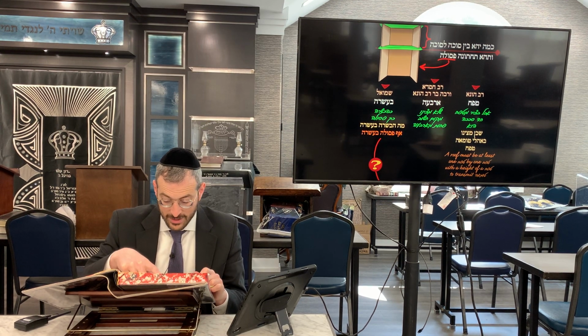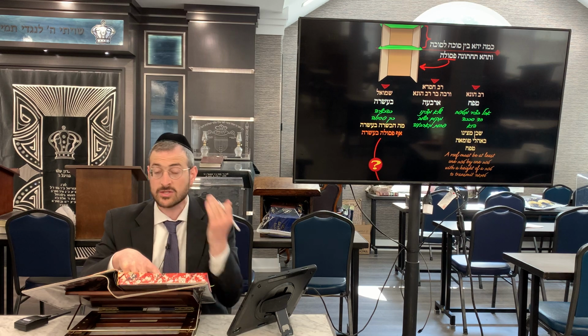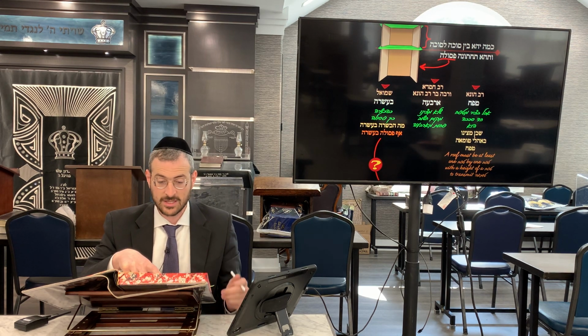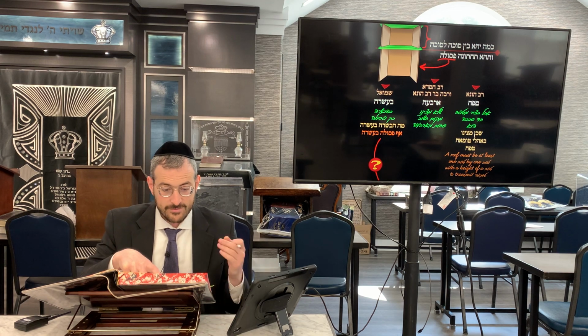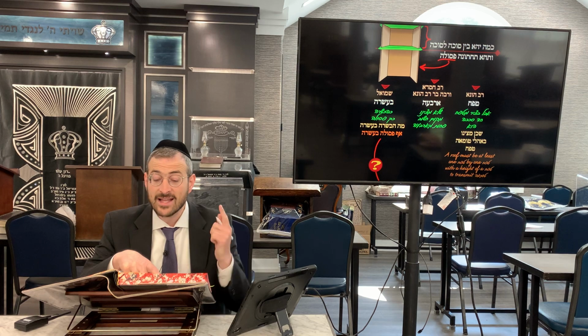So here also, you can't really compare it to the laws of oil and tumah, because here we're trying to create a separate domain, a separate area to be considered sukkah tachas sukkah. So therefore, they say that no, it has to be at least 4 tefachim to be considered a significant area. Now, Shmuel says the third interpretation. He says no, asara, it has to be 10 tefachim high.